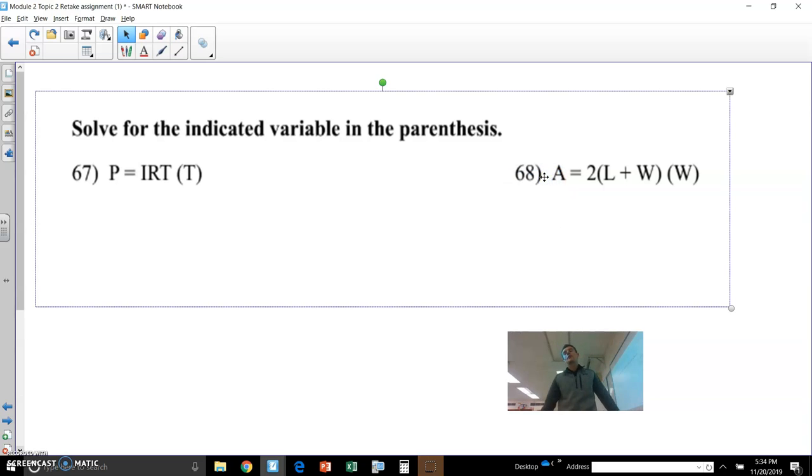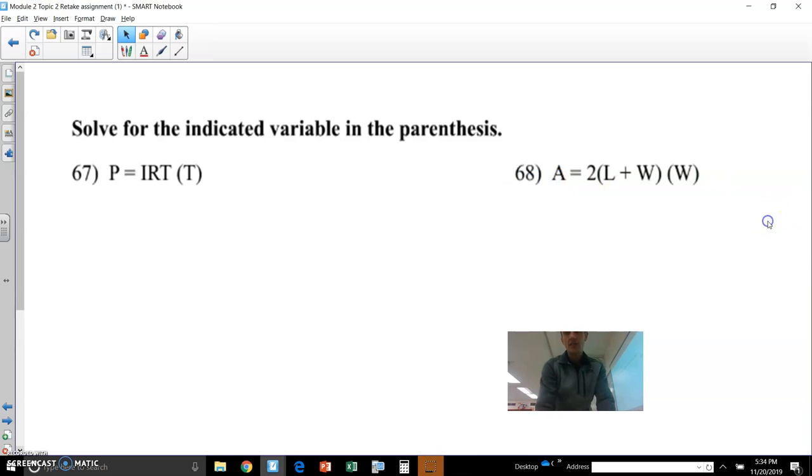What's up, Algebra 1? So we're going to be talking about the last part of Module 2, Topic 2, that all has to do with solving. The first video was on solving equations. The second one was on inequalities. And now we're talking about manipulating formulas that have multiple variables in them and trying to get certain variables solved for. And so some students think this is a lot harder, but I honestly think that it could be easier